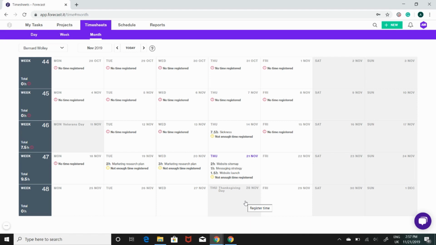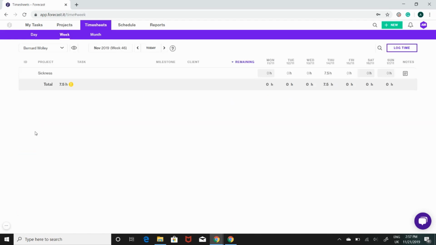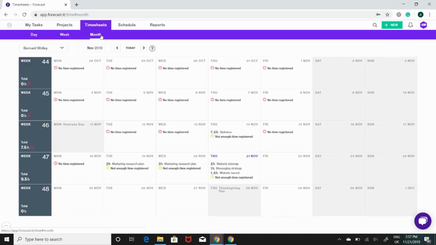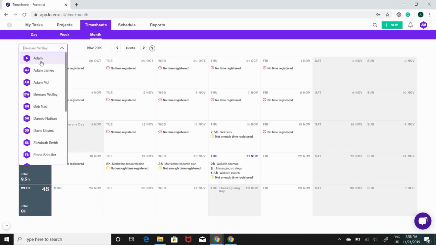Importantly, note that from the month view, you can click on week number to quickly navigate to that week, for example, week 46. Finally, just like in the two previous sections, if your permission level is that of a project manager or above, you can view someone else's time. For example,